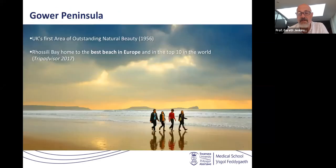But the main reason, as I mentioned earlier, that both students and staff are attracted to Swansea is the outstanding areas that Swansea is based in. So the Gower Peninsula is home to a number of outstanding beaches. This one here, there's a group of students walking along Rhossili Beach with Worm's Head in the background, this rock-like structure. And this was voted in 2017 as the best beach in Europe. So the students really like their downtime, and they are very attracted to coming to work at a very good university, which is in an outstanding